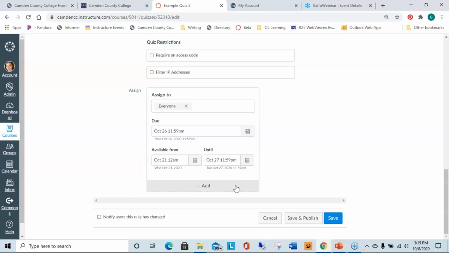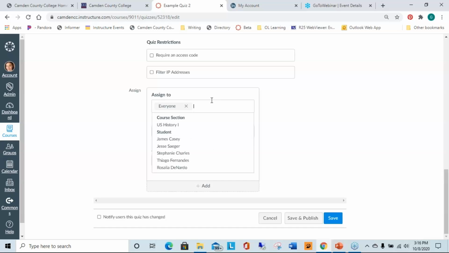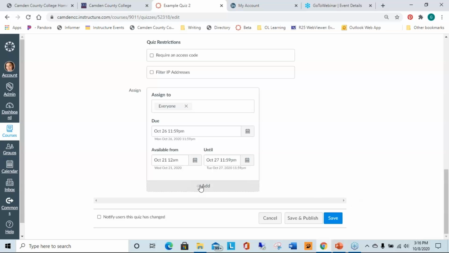So one important thing is this comes up a lot. So right now you can see here assigned to everyone. And so that means that this is going to apply to everyone in the course, these due dates. But what happens if you have a student who needs an extension? Now, there's another way to do this, but I want to point this out because this works the same way with assignments too. So if I had one student who needed more time, who needed not more time on the test, but who needed, maybe they were sick and they need until the 29th to take it, I can click